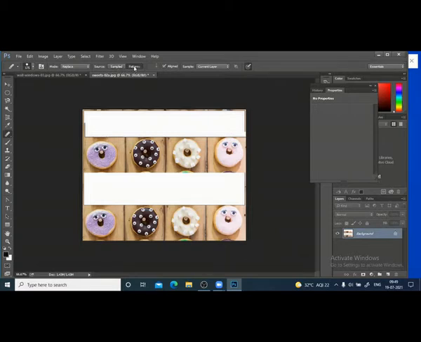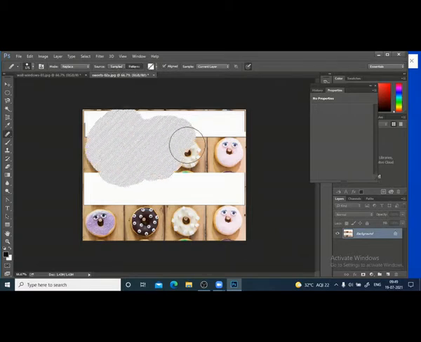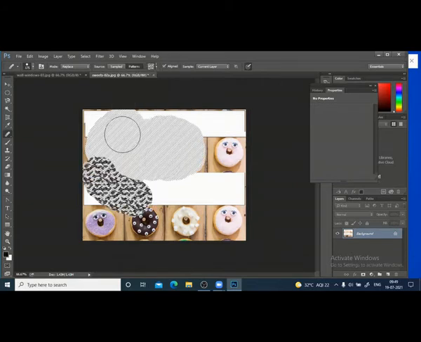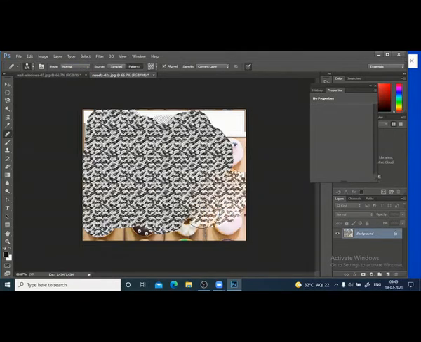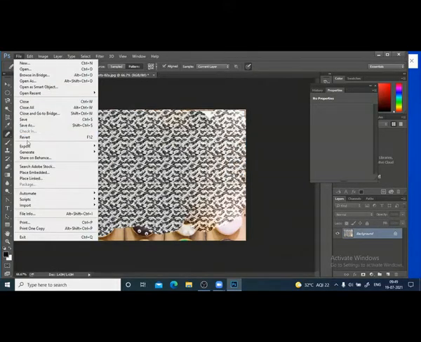If you use the pattern, whatever pattern you select from here will be used to fill the area when you are in replace. And if you are in the normal mode, see, the color will be a little different because it merges with the existing. Revert.